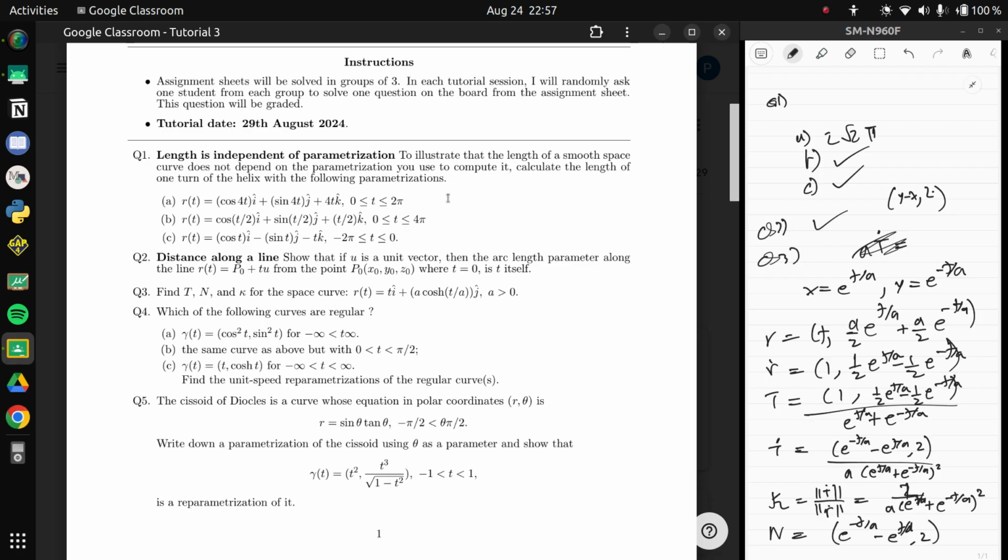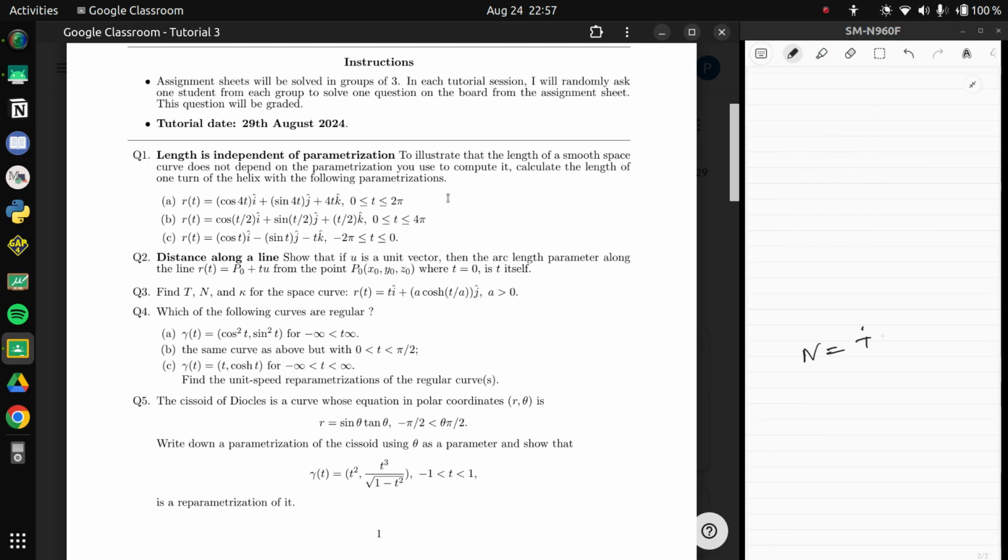Yeah, it's collinear and all, but that's kappa. N is once again just 1 upon kappa times t dot, right? Or am I missing something? What is n? N is t dot upon its magnitude, right? What is the magnitude of t dot? Kappa is just the magnitude of t dot